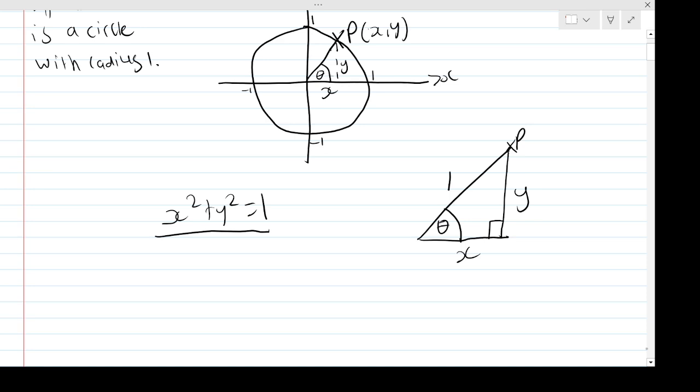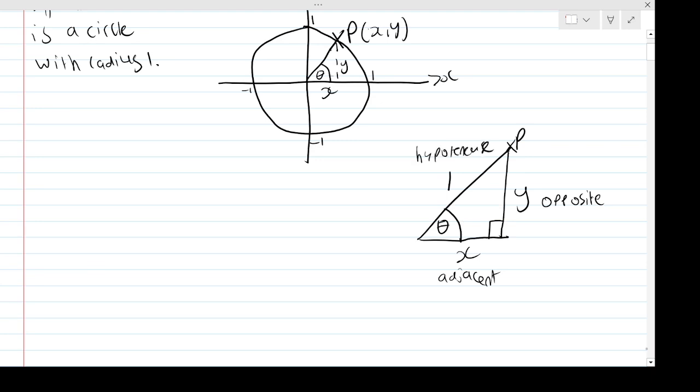Now we can use a bit of SOHCAHTOA from GCSE, and actually we can express x and y in terms of sine and cos. Well, firstly, x is the adjacent to the angle, and y is the opposite, or facing the angle, and obviously 1 here is the hypotenuse. And so if we use SOHCAHTOA, we can say that firstly, sine of theta